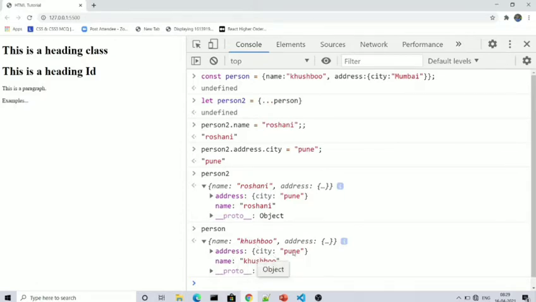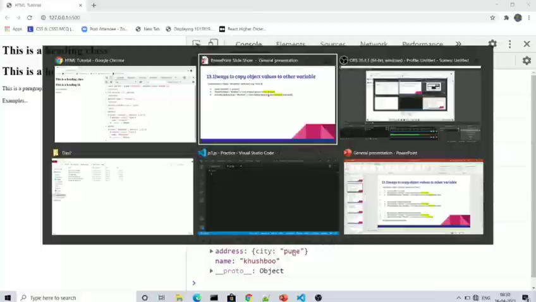So whenever we change the value of a non-primitive data type inside the object using the spread operator, the changes get reflected in both objects. This is not actually doing what we want, that it should not reflect that change into the other object. So there is another way to do this, which we will see now.